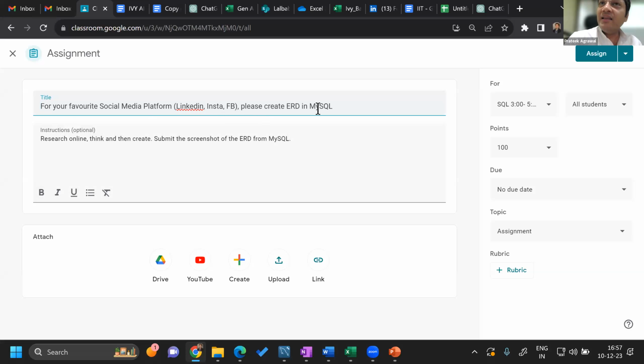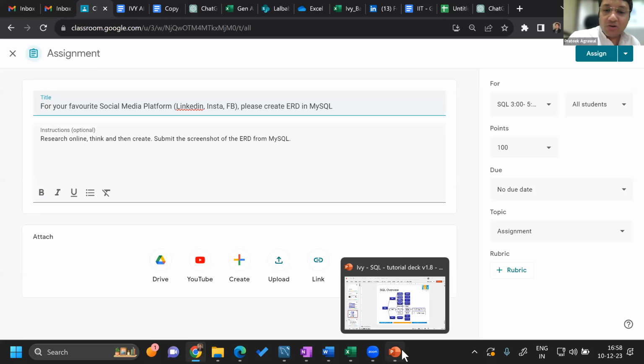Please create an ERD for that social media platform that you like. If you want to do some Googling, research, ChatGPT, do that. But figure out how the data will flow, what would be the major categories of information, right? And then create the database design. The deck that I've shared with you already,